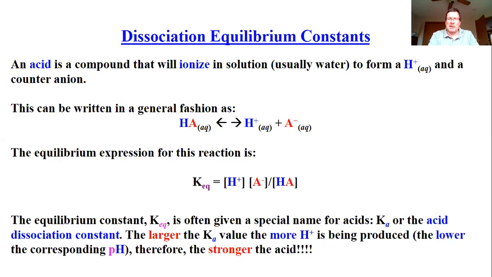I'm going to dissolve it in water, and it's going to separate into hydrogen ions and what's called a conjugate base, the corresponding anion. And it's an equilibrium, so the more that this happens, then the stronger it